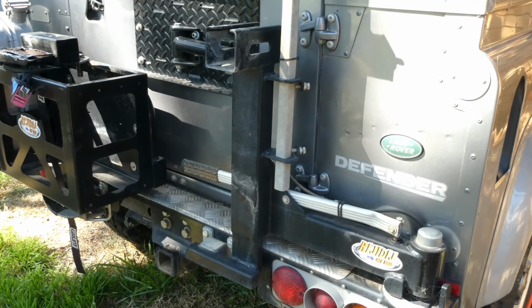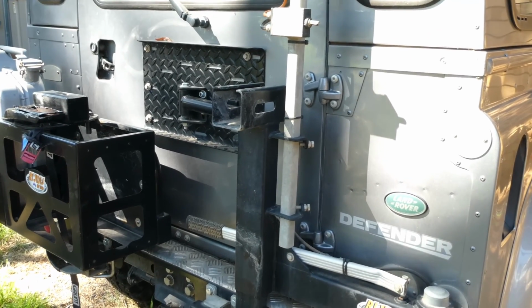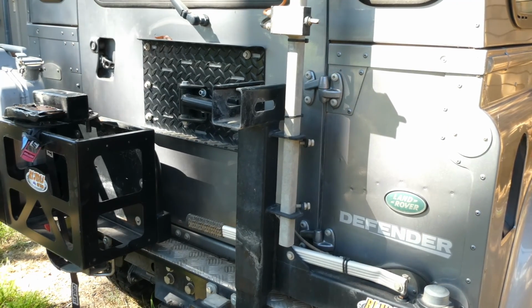Okay, so today we're doing something completely different. We're looking at the mighty Land Rover Defender, and this here is the rear tyre carrier assembly of the car. It's an aftermarket one, and in one of the many adventures off-road we did ourselves a mischief and have